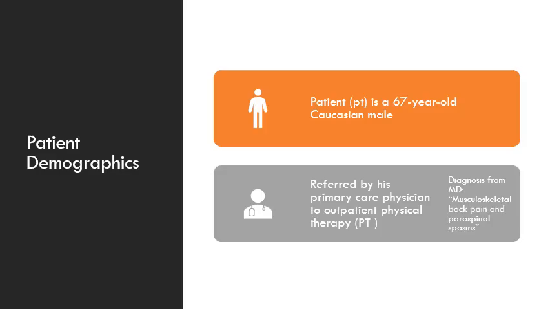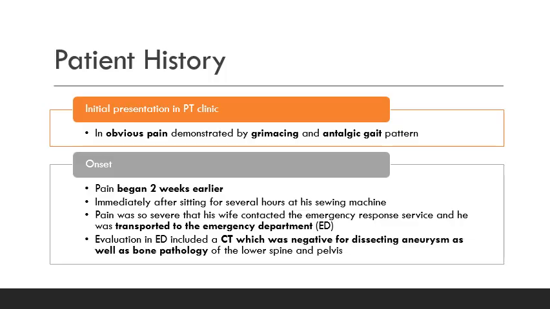The patient in this case was a 67-year-old Caucasian male and was referred to PT for musculoskeletal back pain and paraspinal spasm. During the initial observation, the PT noted that the patient was in obvious pain, and during the interview process, the patient noted that the pain began 2 weeks earlier and was so severe that he had to go to the emergency department, at which they did a CT scan, which was negative for aneurysms as well as bony